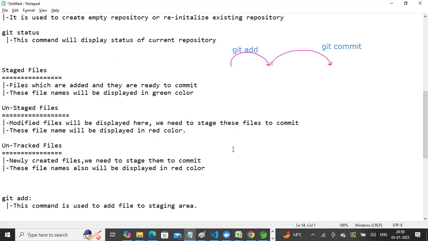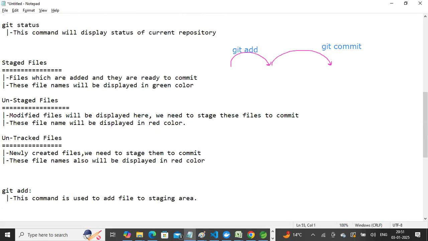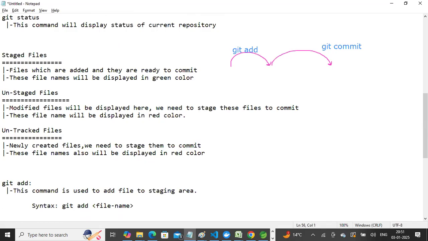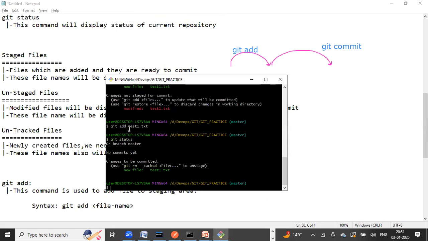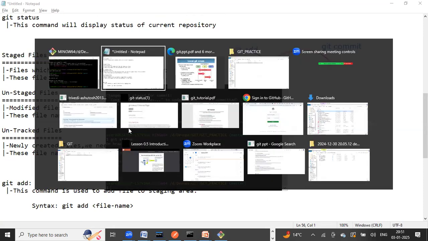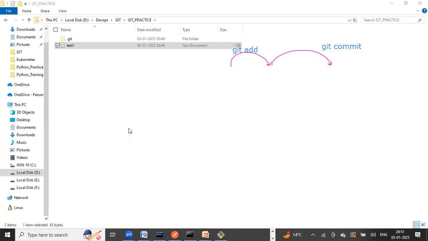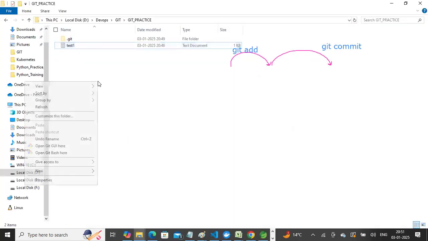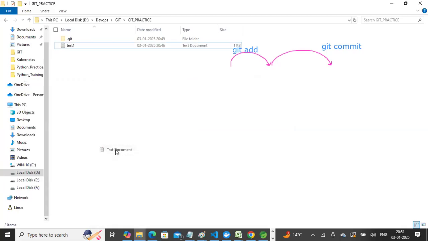How can you add a file into the staging area? You can add the file using the git add command. The syntax is git add and then the file name that you want to add to the staging area. Suppose as of now you have added one file, but there might be multiple files. Go to your Git practice. Let's create one more file, and I give the file name test2, and now